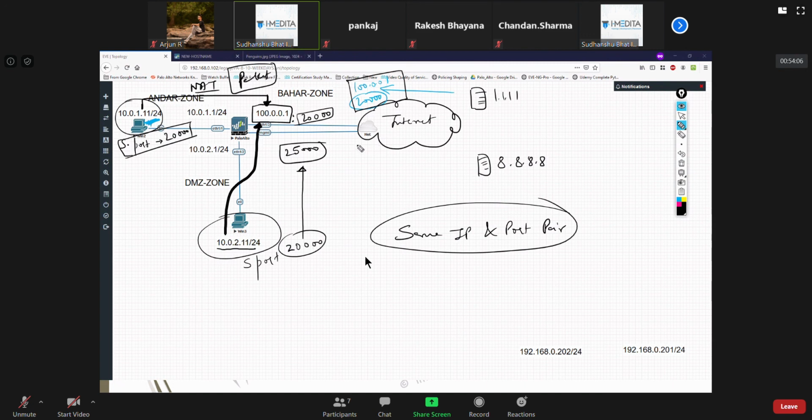Now, what Palo Alto says here is that when you are sending traffic out, if Win2 and Win3 are going out to different destinations, suppose Win2 is going to this destination, and suppose the destination for Win3 is this.